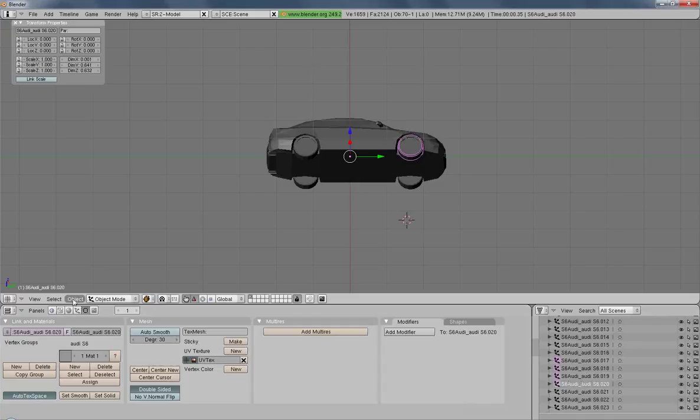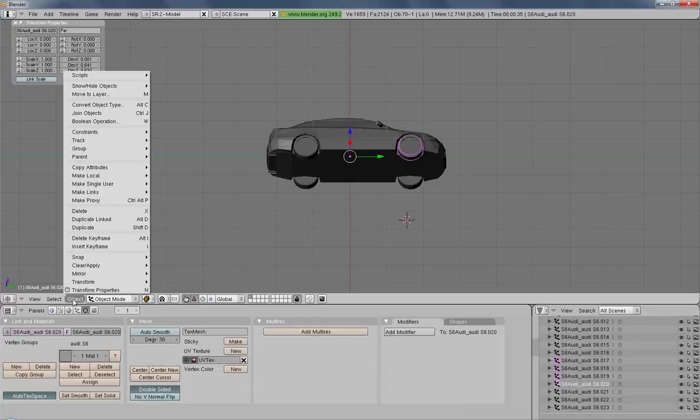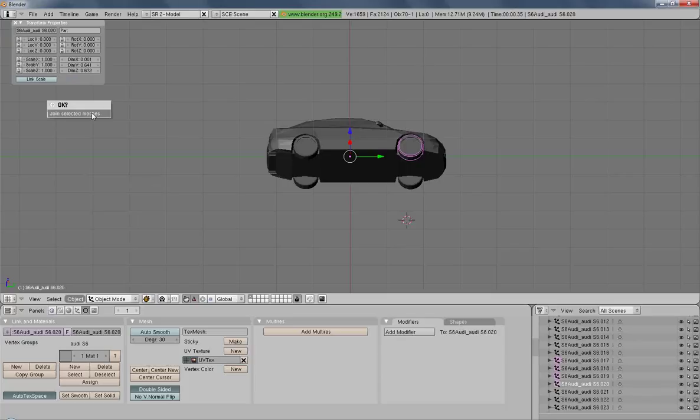Then you have to join those objects again by choosing the Object menu, Join Objects, or also Ctrl-J. Yes, I'm sure. And 4 meshes will be joined to one single mesh. So you better rename this in order to reuse it later on. So what you will have to do is to rename the mesh to wheel front right in this camel case,